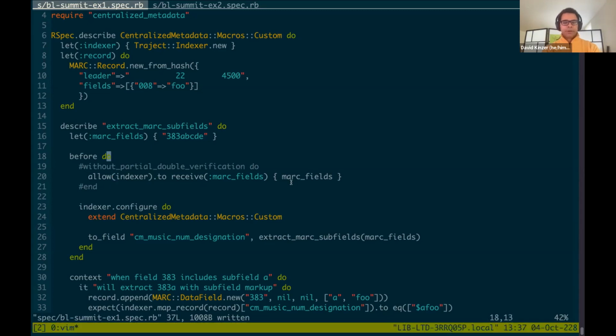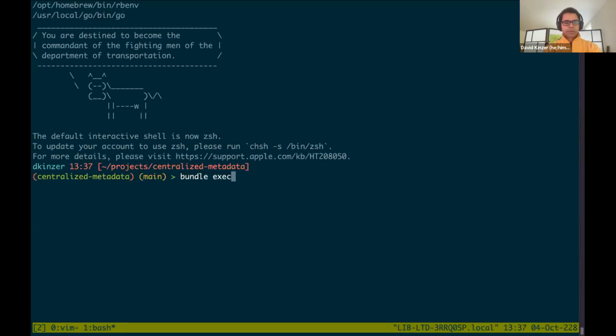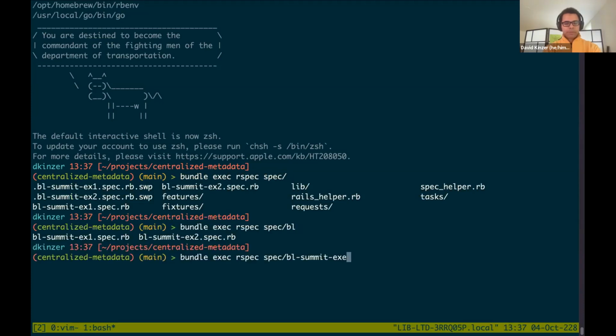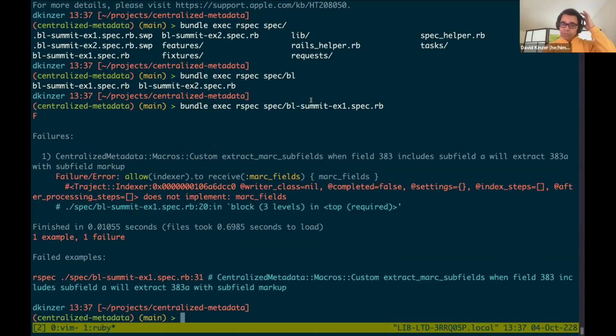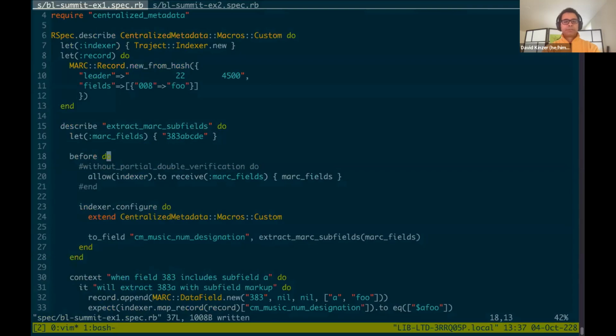So the error will look like, let's see. This is the first example. So the error looks like that. It's this failure error, and it's complaining that mark fields isn't implemented inside indexer, which is correct. It's not. In fact, the reason that I need that is because I'm trying to create over here